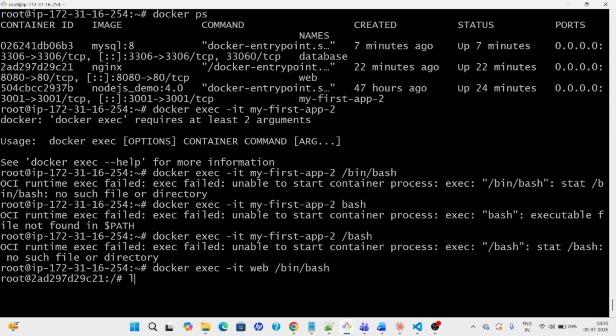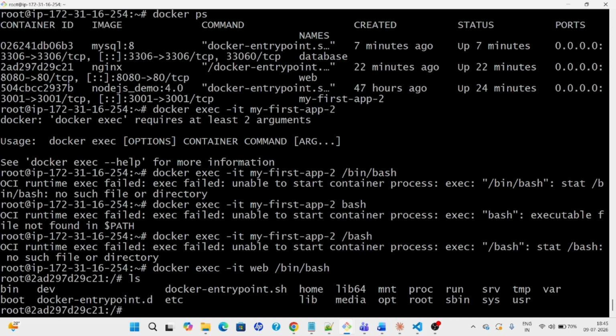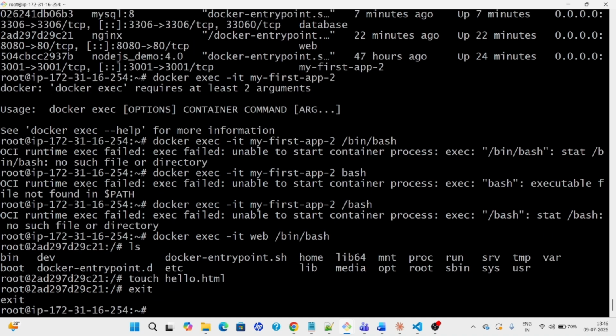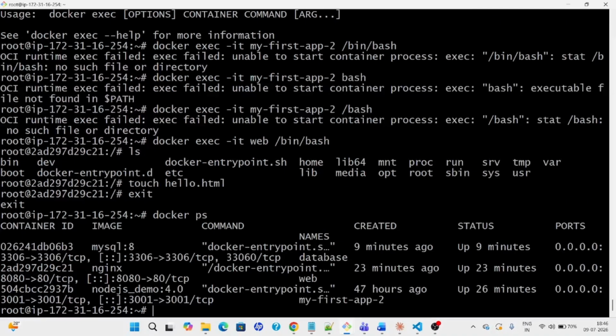So if you go inside here, I can create any file. For example, I will create a file with touch hello.html, and I will exit from here. And if I go to docker ps,